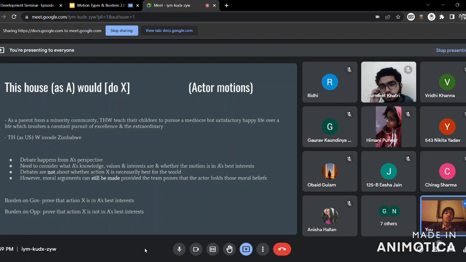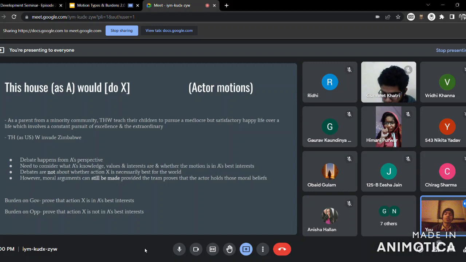A lot of the times, actor motions are about self interest of the actor and which side of the motion caters to that self interest best. But realistically speaking, I don't think everyone solely prioritizes their self interest. If you look at yourselves, you'll not always prioritize self interest. You also have certain moral beliefs in mind. The fact that you don't want to steal someone's money, or that if you see someone in distress, you want to help them even though it might not be in your self interest. So there are moral beliefs that most actors hold, and it's not just about self interest.